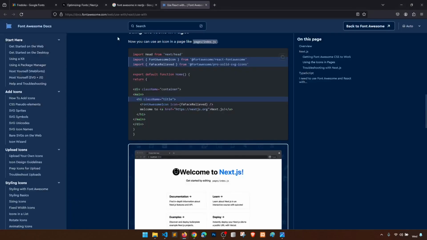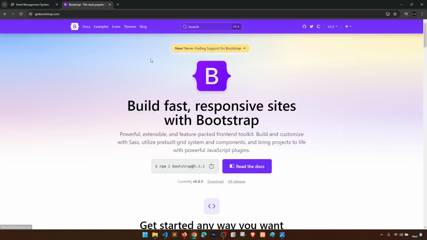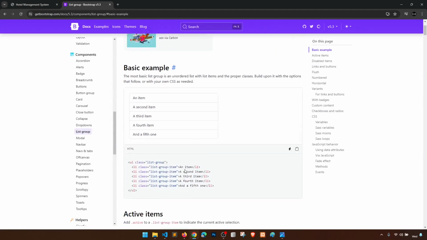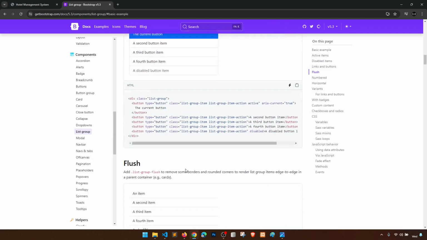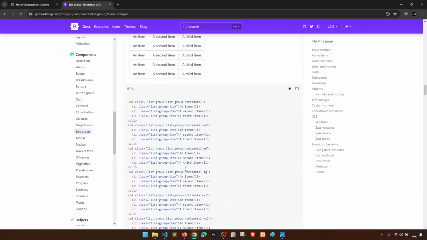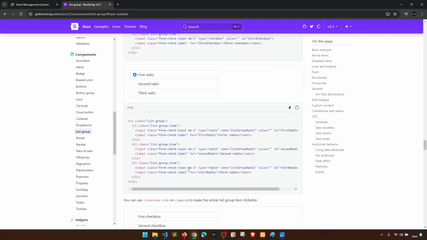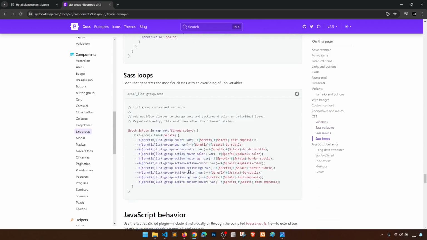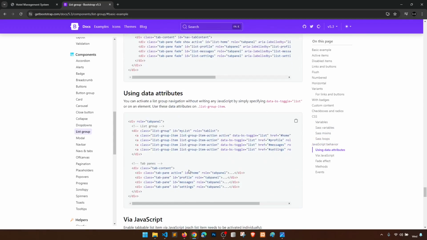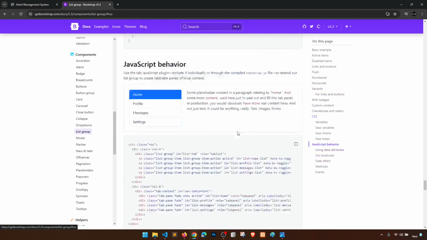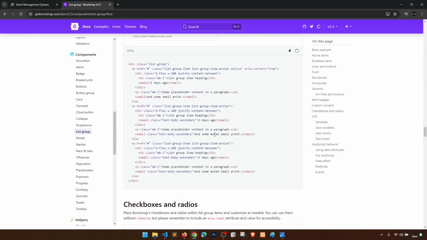let's go to list. Where is that? Let's go to get Bootstrap, and let's go to list, basic example. So this is list group. Okay, we need a simple list. Let's see where is the simple list without any badge or something. List links and button number, horizontal variants, CSS, and if I say here,